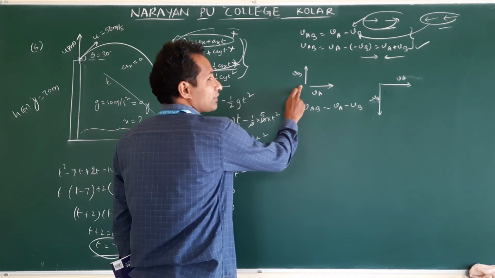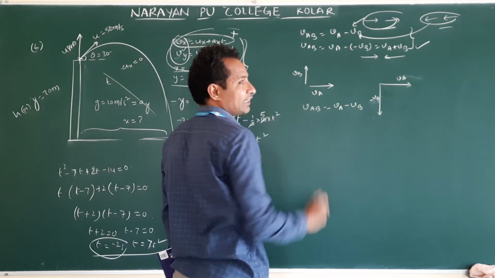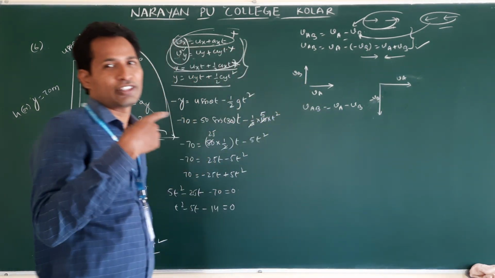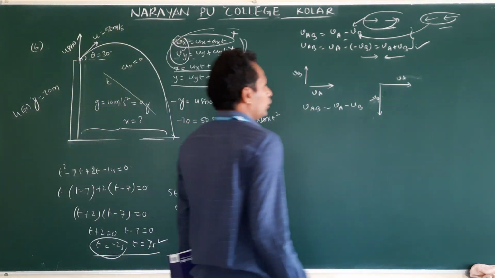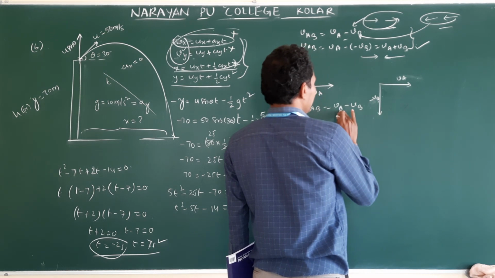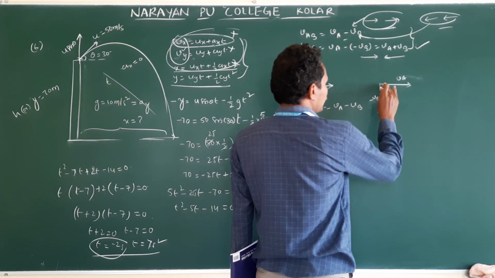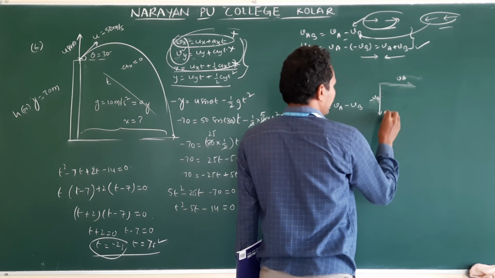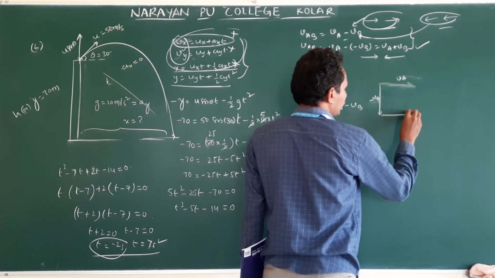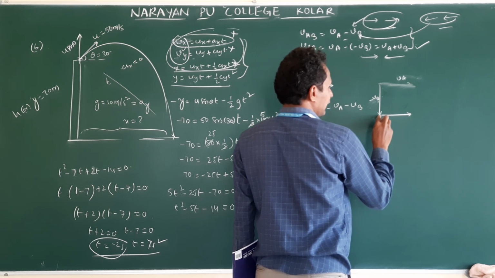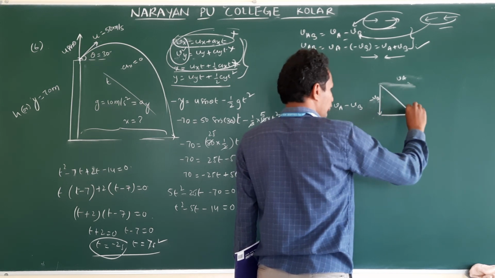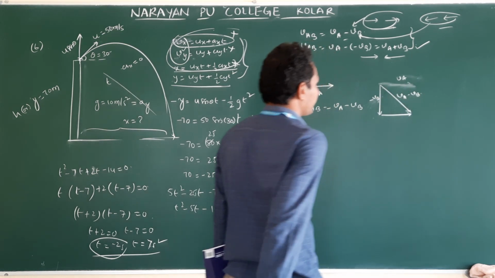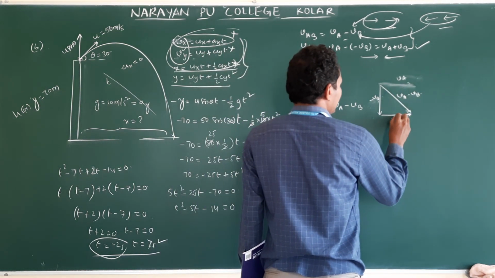This is in two dimensions. See, this is one direction, this is another direction. Previously they were acting in only one direction. Keep this point in your mind. So, to get VA minus VB, what we need to do? You just slide this vector VA so that the tail of A touches the head of B. Then close it. This will be VA minus VB. And this is VA.